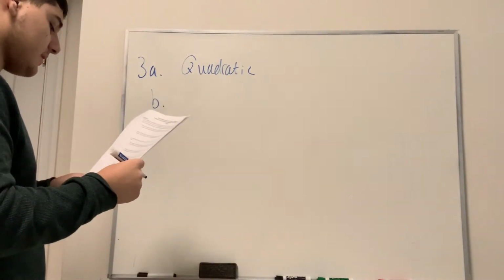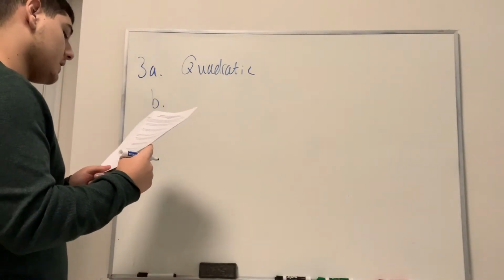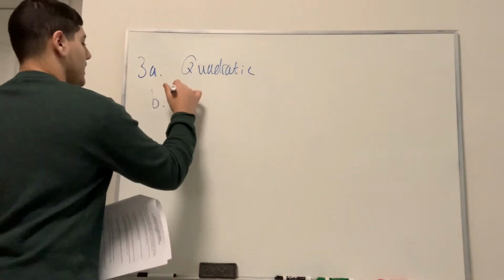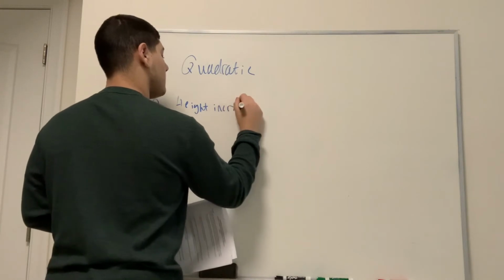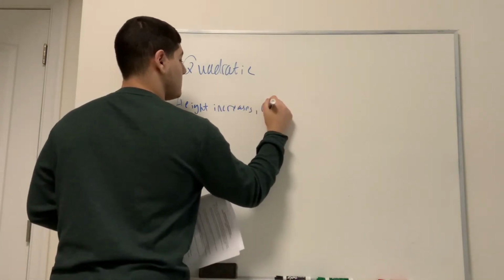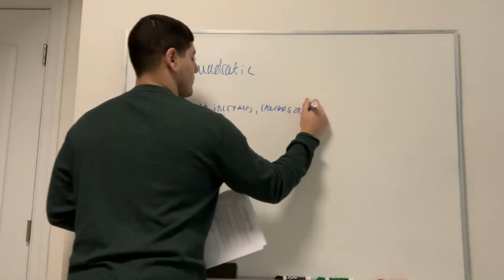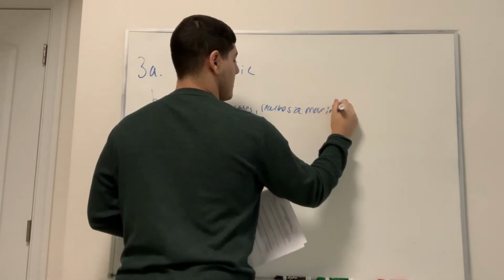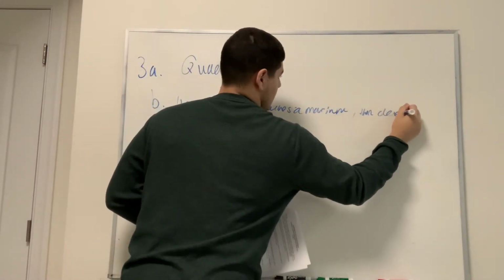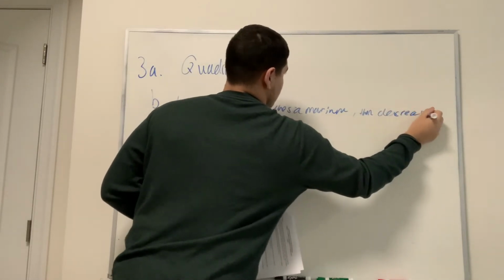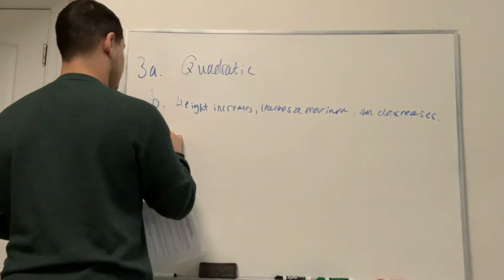Explain what is happening to the height of the ball as it travels over a period of time. Height increases, reaches a maximum, right? It reaches a maximum height at the top, then decreases. So C,